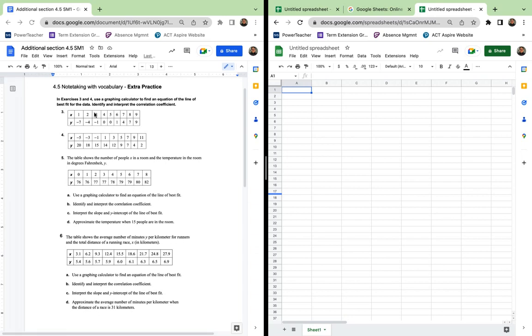Well, so let's begin. In exercises 3 and 4, in this case exercise 3, we're going to use a graphing calculator, which in this case is Google Spreadsheet, to find the equation of the line of best fit for the data. Then we are going to identify and interpret the correlation coefficient. This is one of the concepts we are going to learn today. So I think that I have already explained that at the beginning of the class, along with the essential questions